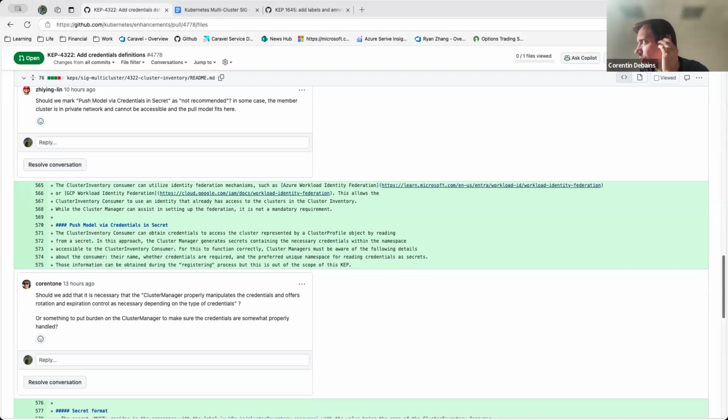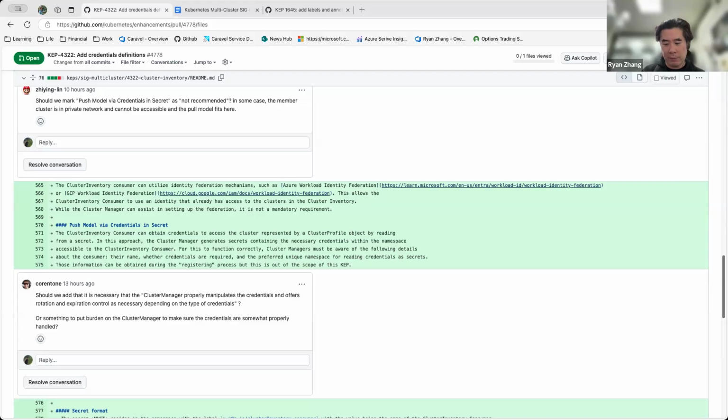Yeah. I guess property could be part of the cluster profile too, but it's more like in the cluster inventory. Cluster inventory doesn't mean just one cluster profile. So it's still in the cluster inventory project, but it could be a different CRD. I don't know if it needs a different cap. It will be a different CRD or some kind of API. I don't even know if it needs to be a CRD. That's the thing, exactly. Yeah, it may not be a CRD actually. It may not be a CRD, but it will be under the same project, the cluster inventory project.